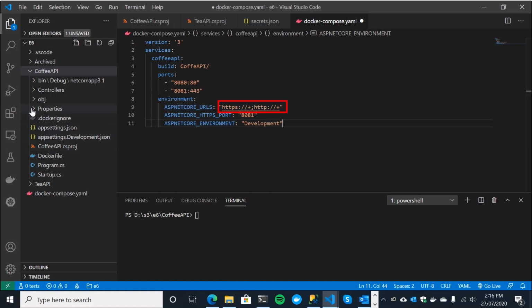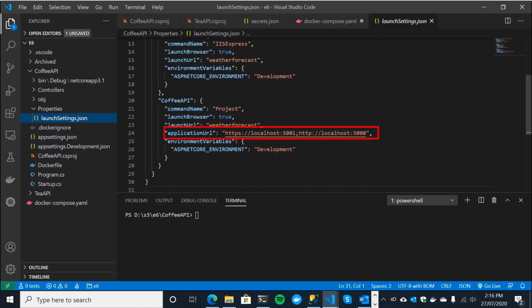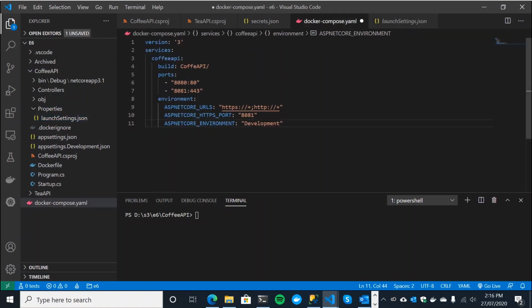It's kind of similar to what you would do in launch settings JSON, a bit similar. So we're saying, yep, for ASP.NET Core URLs, we require HTTPS and HTTP. We want the HTTPS port to be 8081 for this container and make sure it is the same as the port you specify here. And then we're specifying our environment as development.